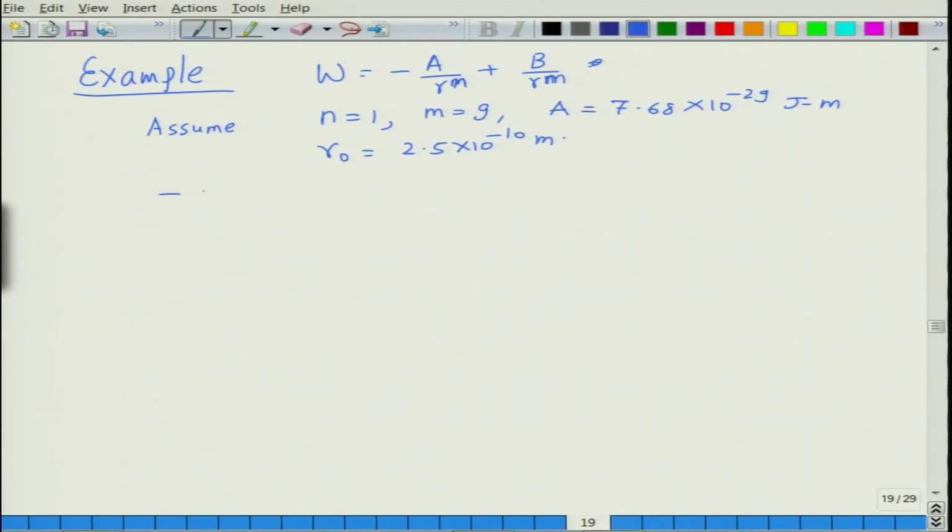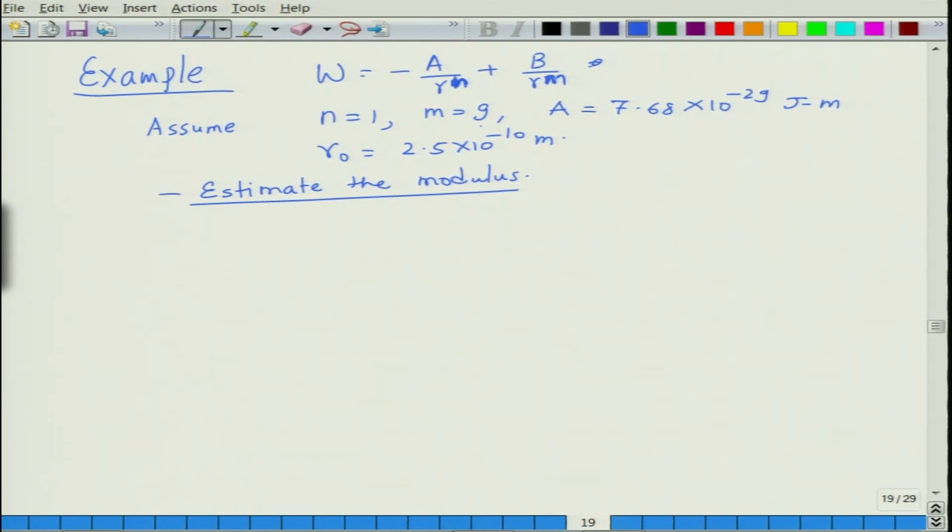So, estimate the modulus. How do we now determine the modulus? First thing that we know, we are given R naught. When is R equal to R naught? R is equal to R naught when the force is equal to 0, that is the derivative of W with respect to R will be equal to 0. That will help us determine the value of, so we can see we have a value of N, we have a value of M, we have a value of A, but we do not know the value of B.